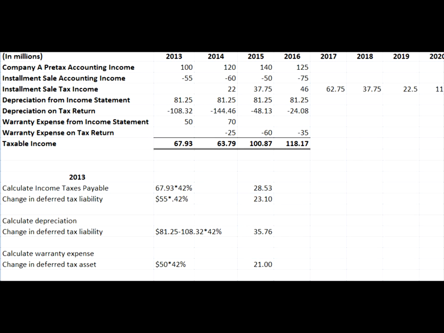So now we can back into our tax expense. So just do very easily. Our tax expense is 66.39 million, and if you want to double check that, you can. Debit side is 87.39 million, and the credit side is 87.39 million. Okay, so there's a journal entry for 2013,